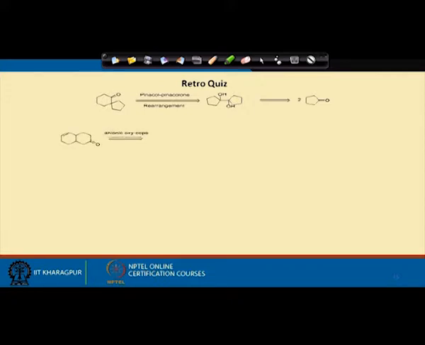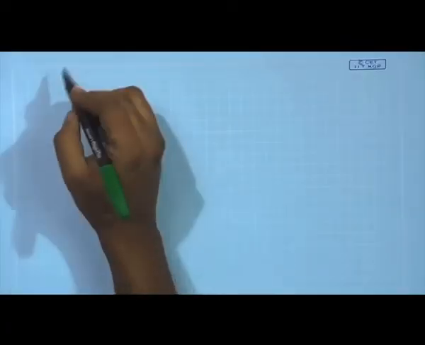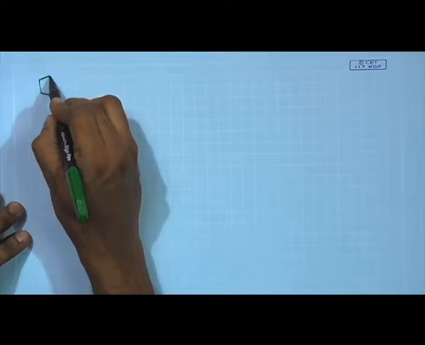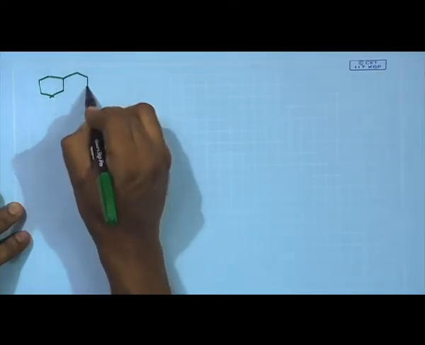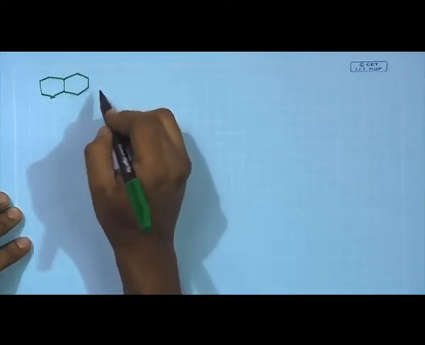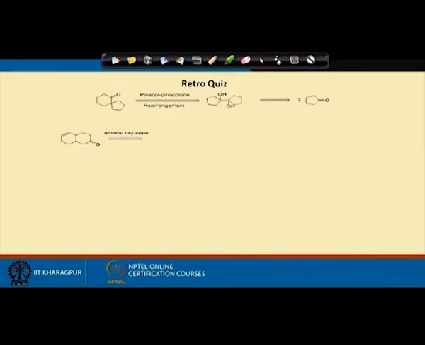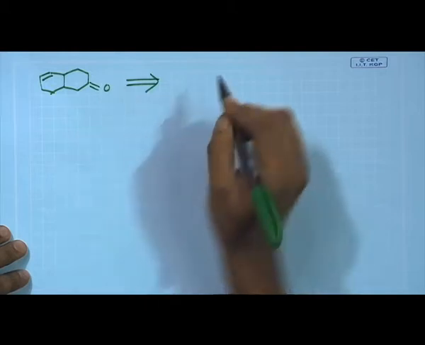So, we will try to have a little bit more complex molecules. Let us come to a molecule which is a bit complex. It is a bicyclic molecule, and as I said, this is basically to test your knowledge. Now, if you are familiar with a reaction named anionic oxy-Cope, this should not be a problem to you. So, I said draw a retro arrow,